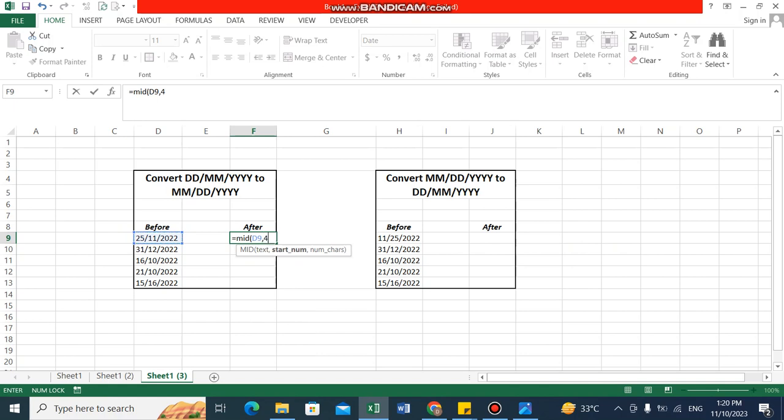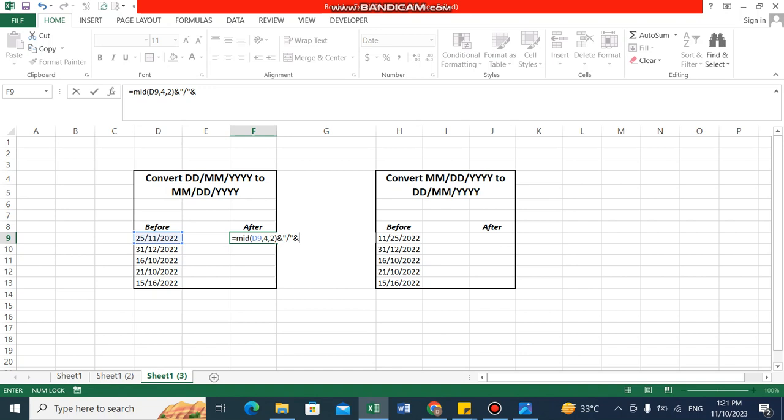Start number is 4. See, 1 2 3 4, 4 is where the month starts from, and 2. Now put and, just place a slash in inverted commas,